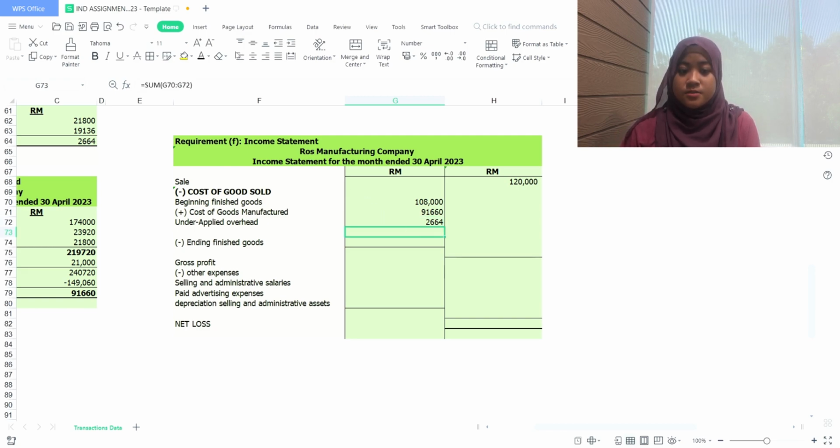The sum of this, we get 202,324 ringgit, and we have to minus the ending finished goods, which is 62 ringgit. We get the final answer for the cost of goods sold is